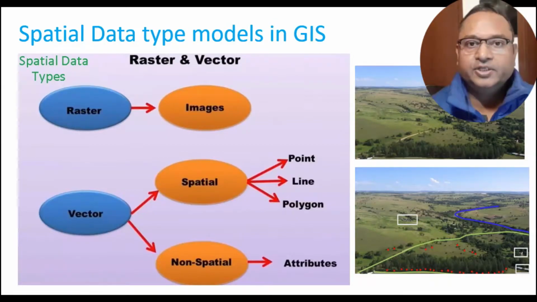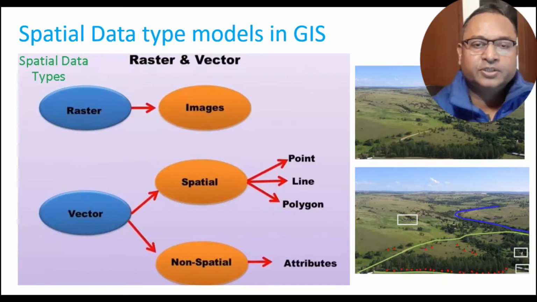In GIS, the raster model is used to store different kinds of information of a particular geographical area. For example, one information type is the image of that particular area. Second is the elevation data of that particular geographical area. Third is the temperature levels at different points of that particular geographical area. And all this kind of data or images is collected by remote sensing technology.